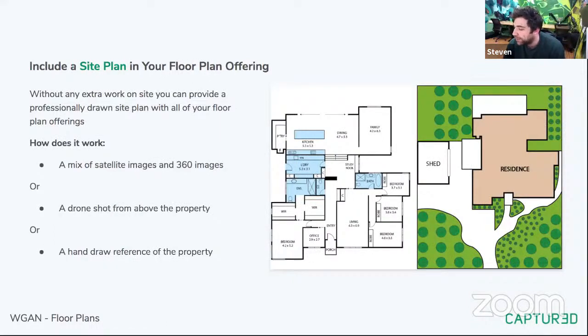So the next one, as an example, is a site plan. And so you can see here on the right-hand side of my screen, the site plan is the boundary of the property. Matterport obviously captures the interiors perfectly, and you can do some in the exterior around dusk and dawn and things like that, but it's not necessary to scan outside for us to create a site plan. You can see here how we go about doing it.